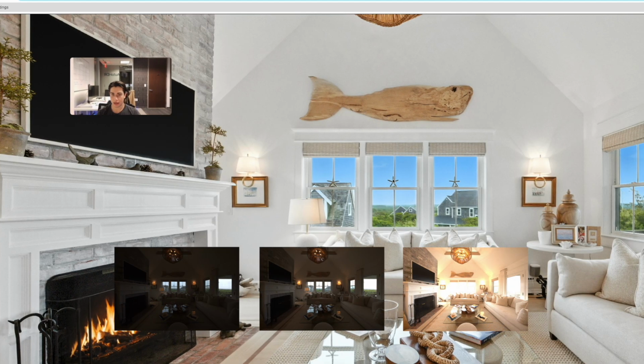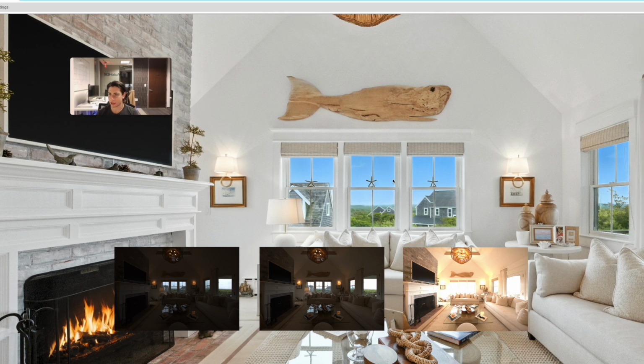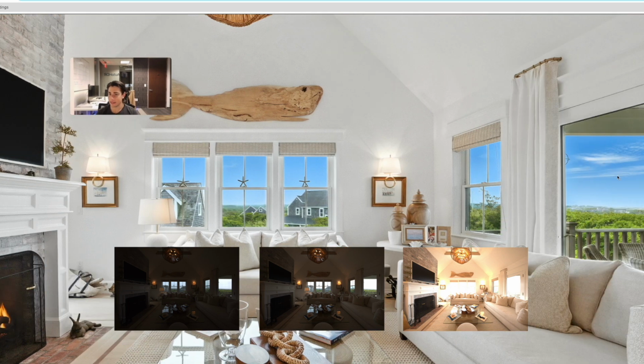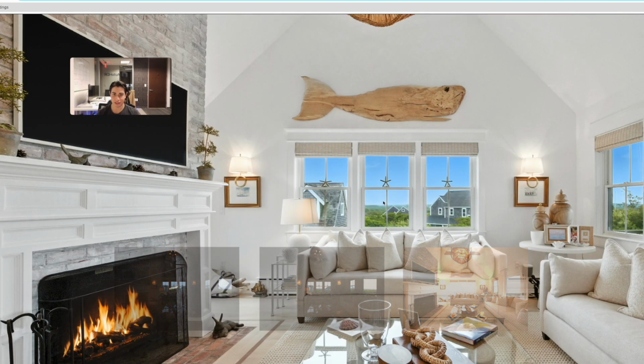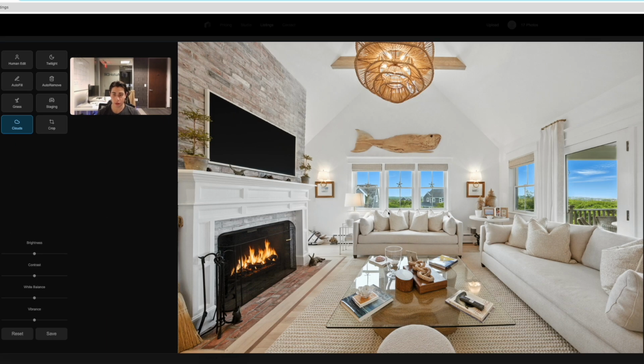Again, this was kind of a white gray sky, and it turned the sky perfectly blue. It even added in clouds with my style settings, and it perfectly masked around the window panes here. It also corrects white balance, perspective correction, any tilt, and a lot of people don't believe this, but at my